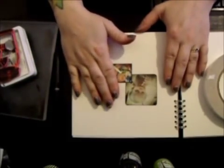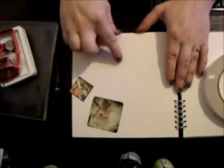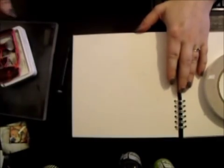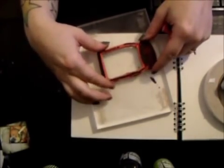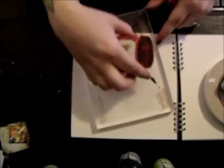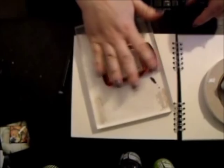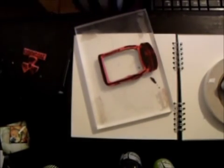So I've got my 2 photos, and if I take these away, you can see I've just made some lines where I know I want the pictures. I'm setting the pictures off to the side so that they don't get really dirty, and I know where they're going to be placed on my page. So I start by just adhering. All my stamps are clean cushioned. It saves on space when you have as many Viva Las Vegas stamps as I have. So I mount it to my acrylic block,